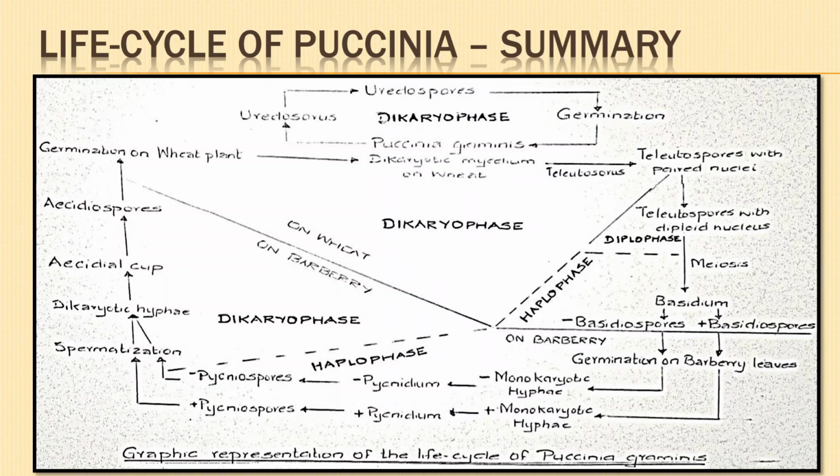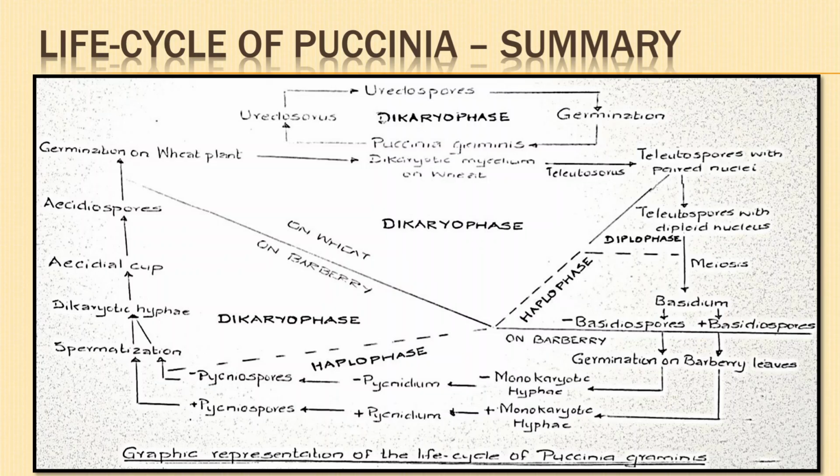Haplophase is represented by the basidiospores, which form two opposite strains of mycelium on barberry leaves. Plus and minus strains of pycniospores are formed. Spermatization takes place, resulting in the formation of dikaryotic hyphae that form aeciospores, which can germinate only after infecting the